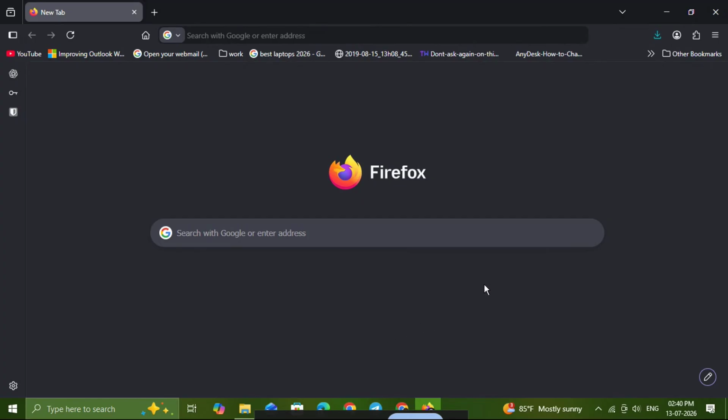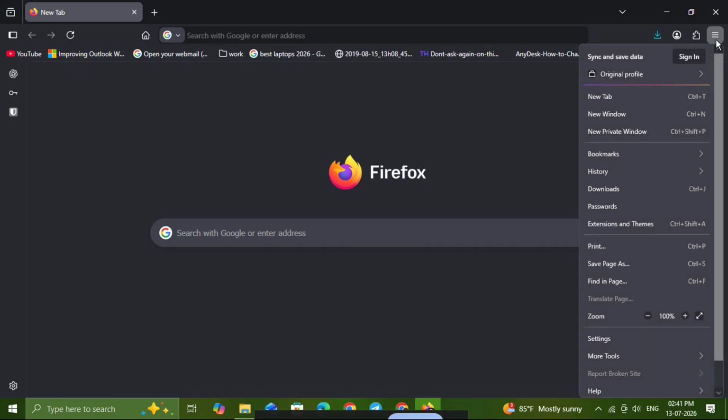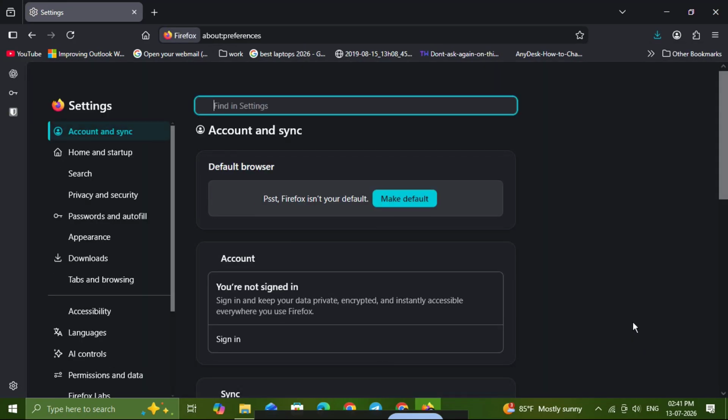Once Firefox is open, look to the top right corner of the window and click the three-line menu icon. That is the main Firefox menu, where you can find the browser settings, privacy options, and other tools. From the menu, click Settings. This will open the Firefox settings page in a new tab. On this page, you'll be able to control different browser behaviors, including what happens when you open certain file types,